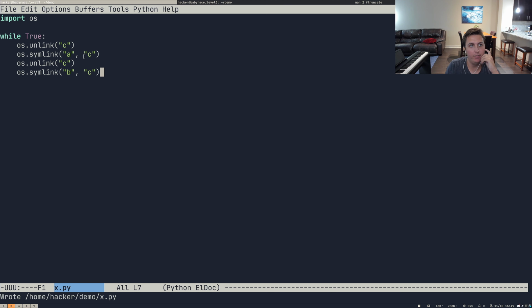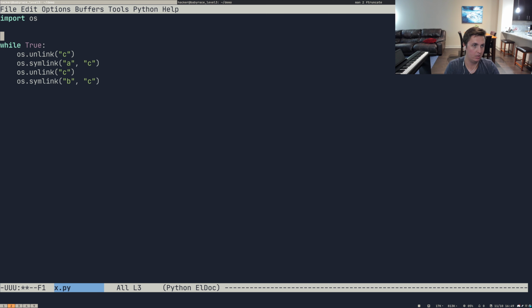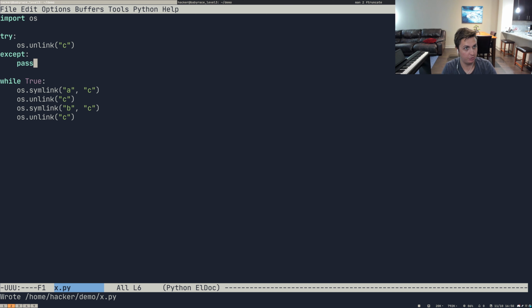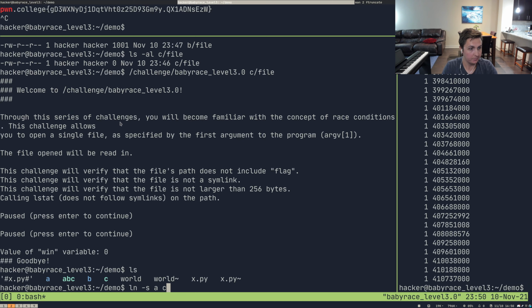And now, maybe what we can do just to be safe is, how do I want to do this? I'm trying to think about if we start this script with a state where C doesn't exist, that would be an issue for us. What we can do is move this to the end so that we're always symmetrically doing that. That means this could fail in theory if C already exists. But what we can do is try at the very start, os unlink C. And then I don't know what exception it is. We'll just accept all exceptions and call that good. Okay. And now if we run this,